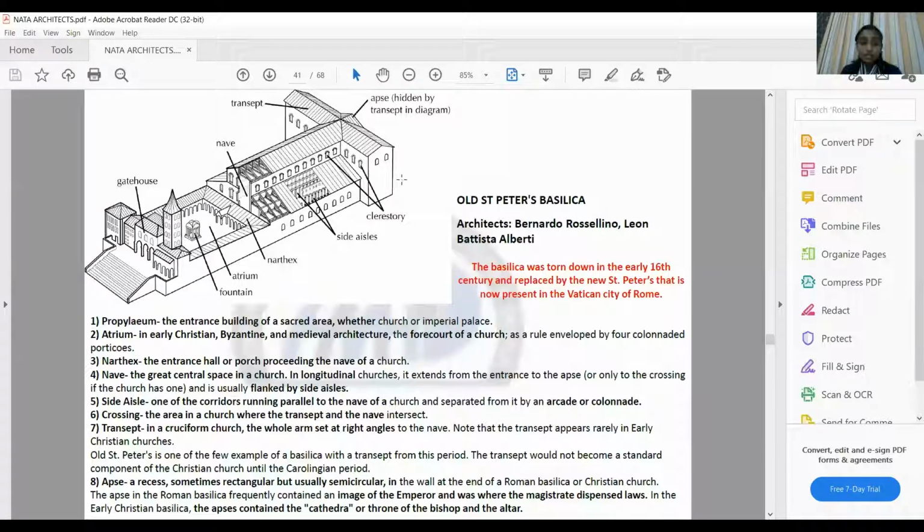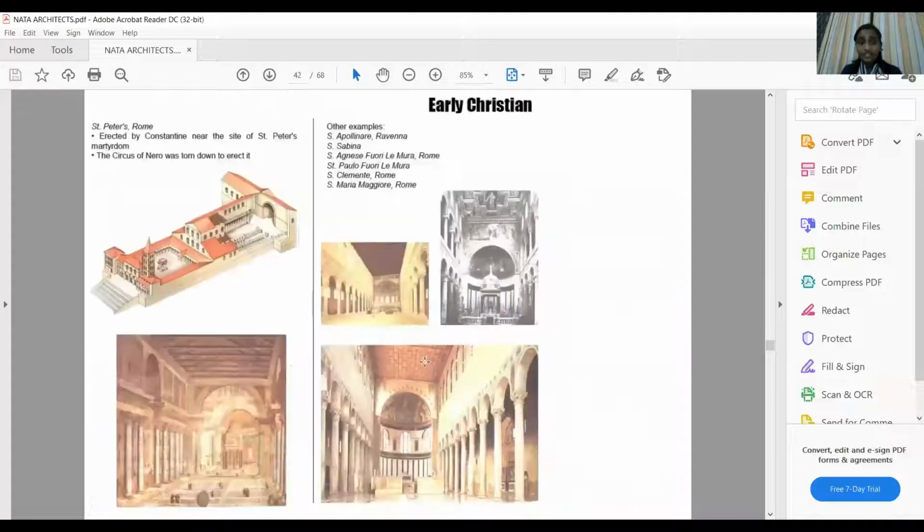You need to understand that the terminology differs in each of the different periods. So here it was referred to as the narthex, and then you have this central nave area acting as the axis, and then you have the crossing that happens over here, that is the nave and then the transept, and below the transept is where you have your altar. And it could be a rectangular end, or it can have an apsidal end. Apsidal is nothing but a curved-shape end to the church.